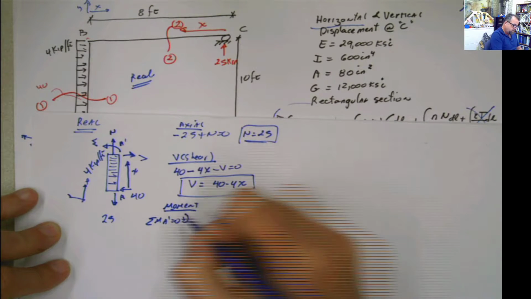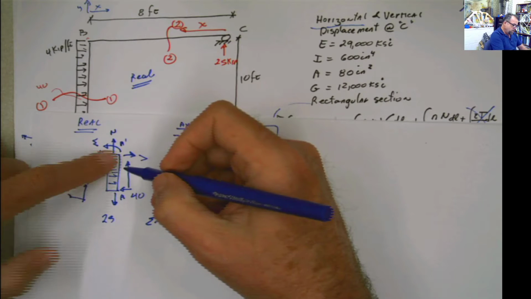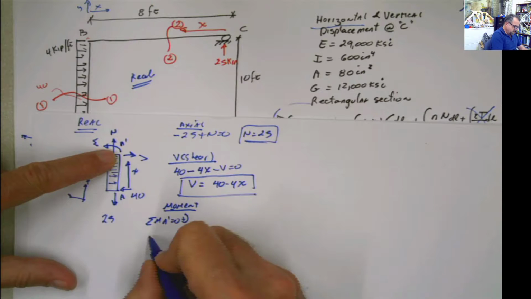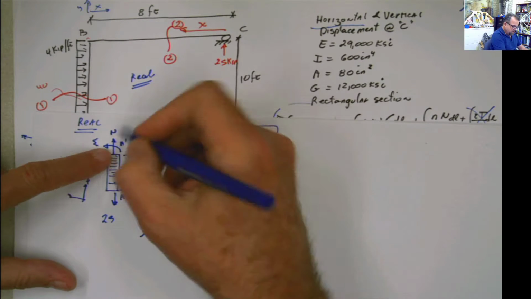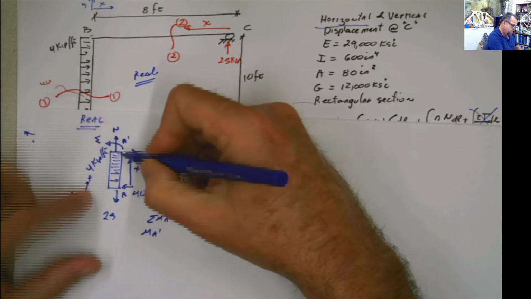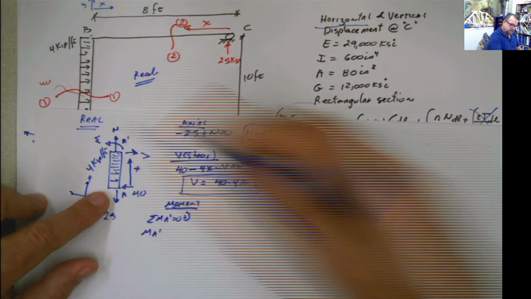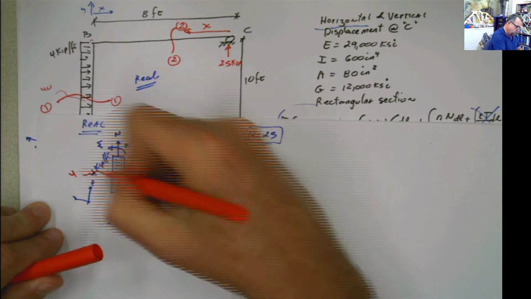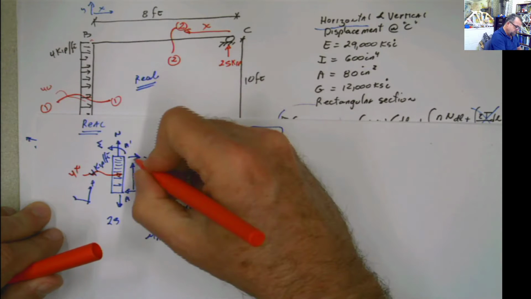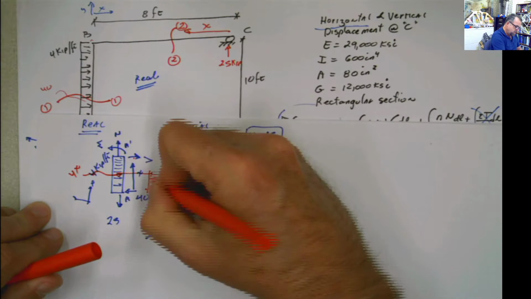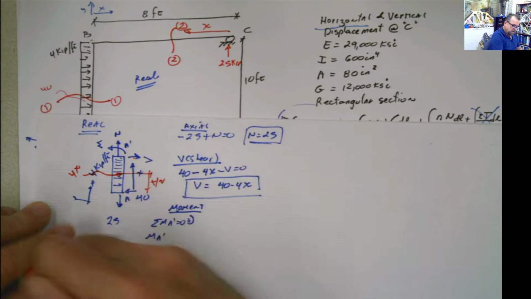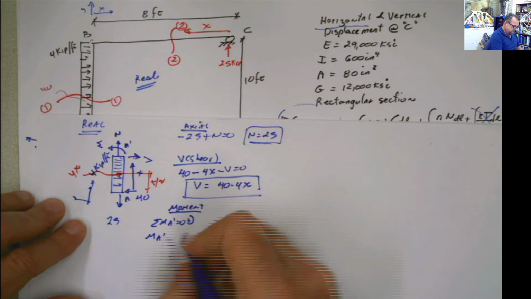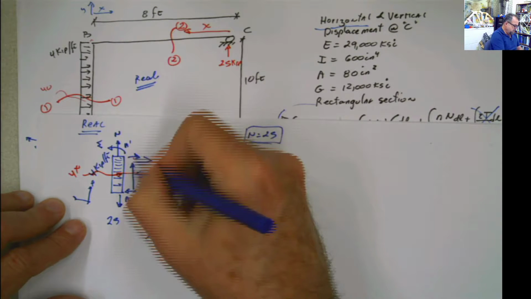equals 0, like that. So I'm going to do it here, and then you have moment M A prime, which is this one, and then you have this force, which is 4x. Remember the force coming from this thing here. This is 4 times x, and the distance from here to here of that location is going to be half of that distance, half x. So you're going to have M A prime plus 4x multiplied by x divided by 2,